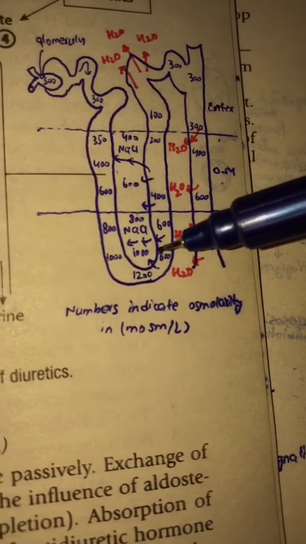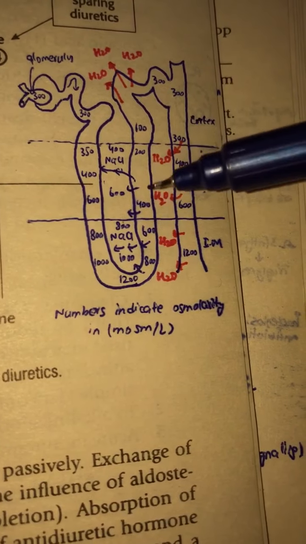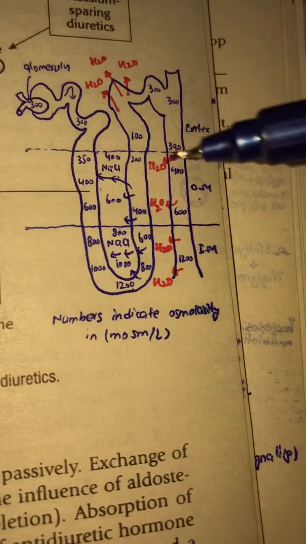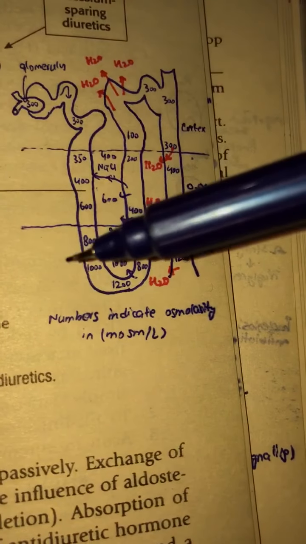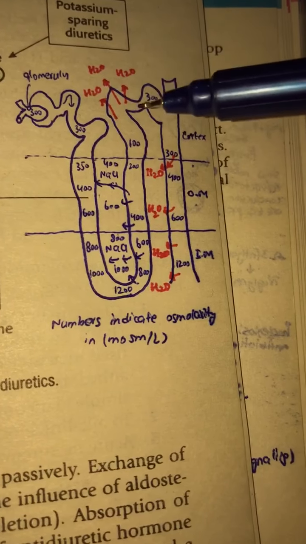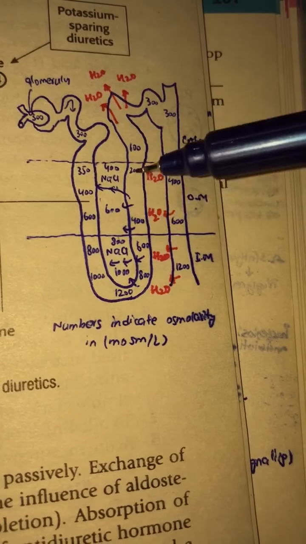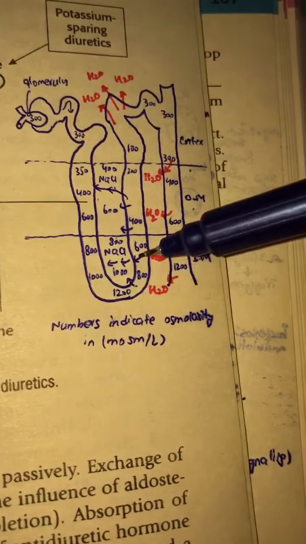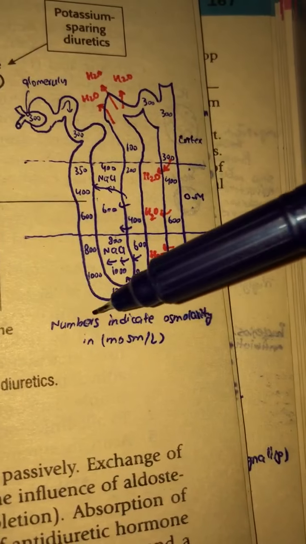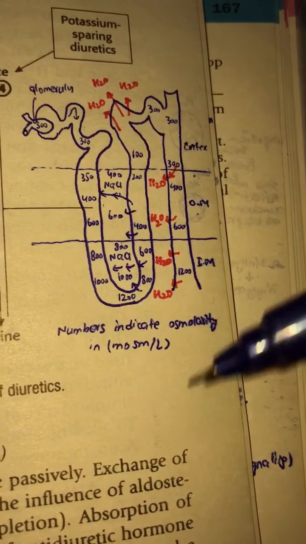So if we can see, here is the NaCl reabsorption, and there are no aquaporins, so there will be no water reabsorption. There are aquaporins, so there will be water reabsorption. There are also aquaporins, but not in the ascending limb of the loop of Henle. So water reabsorption will be happening here as the water is excreted, so the isotonic state will be happening. As there are no aquaporins, there will be high osmolarity. Okay, these numbers indicate the milliosmol per liter.